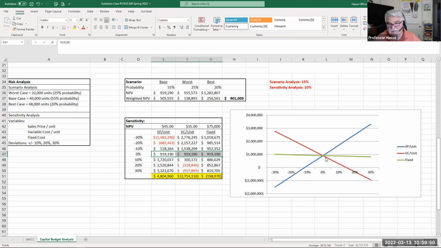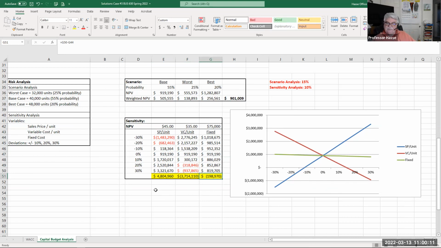And then I charted it out here on this chart, which the template drove. Now I didn't take any points off if you didn't have the chart, but I did take points off if I did not see this range of change from top to bottom of the particular sensitivity NPVs of those variables.